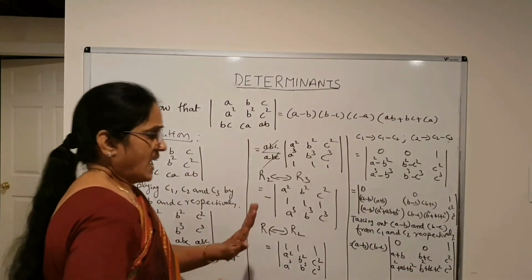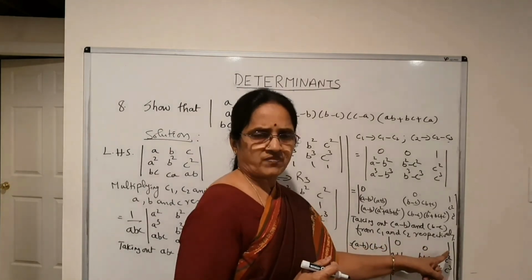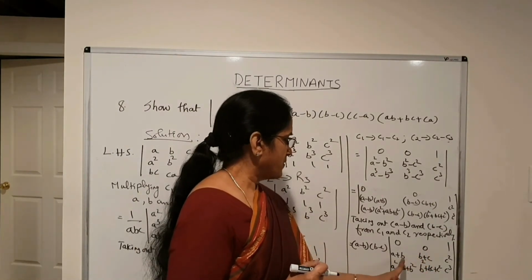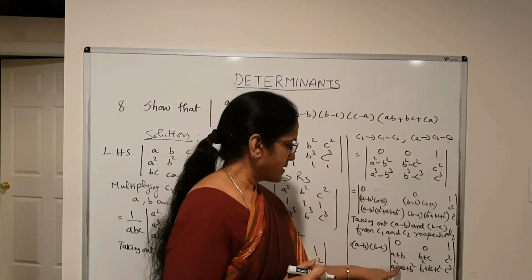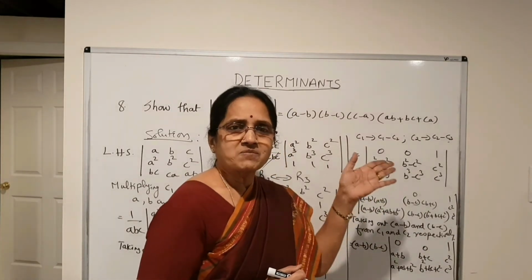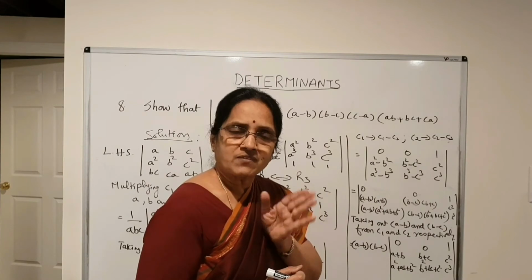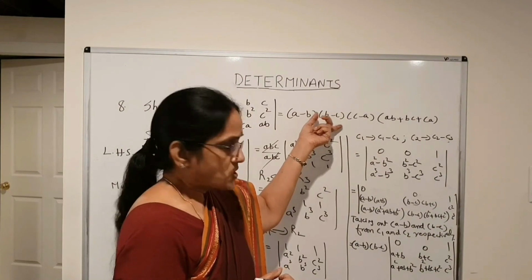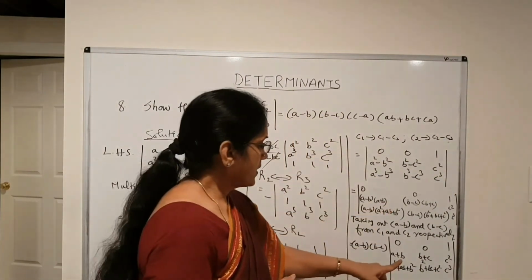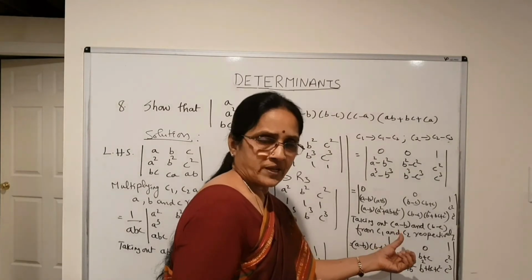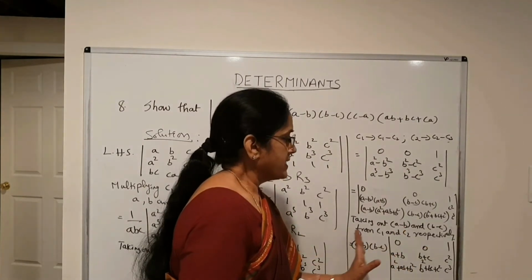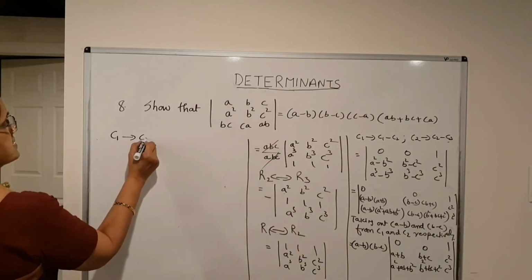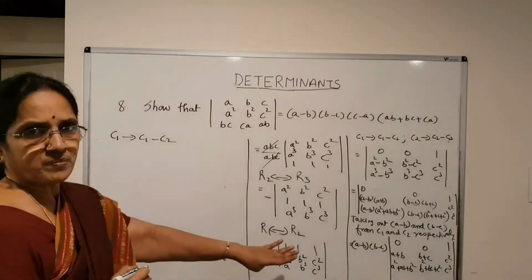Okay. Now, I can easily expand through the first row. But what will happen is, when I expand the determinant, I need to find out the product of these two terms minus product of these two terms. Number of terms will be more. It will be difficult for me to get the required answer. In order to avoid that, I am going to make one more operation so that I can easily evaluate the determinant. I am going to write C1 as C1 minus C2. That's the operation I am going to make over here.